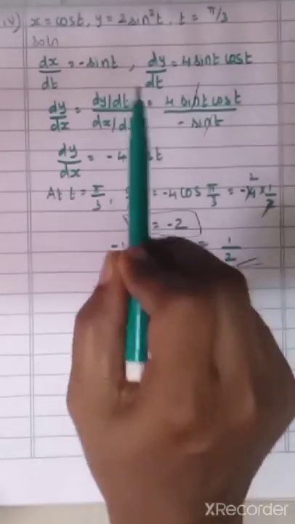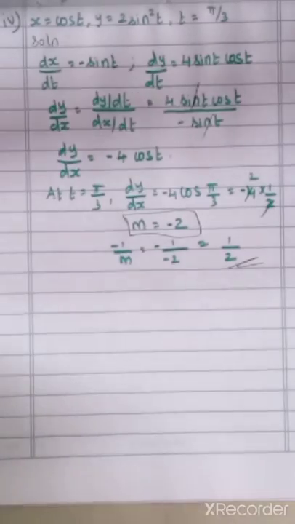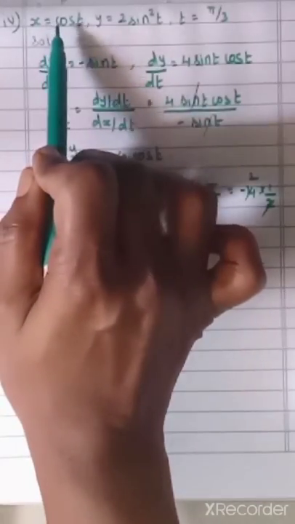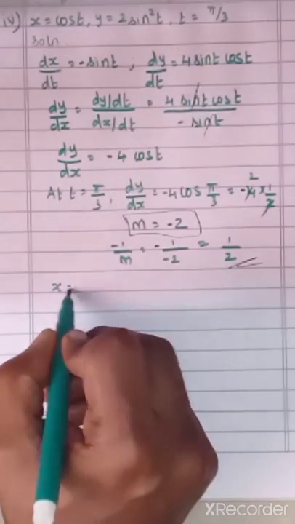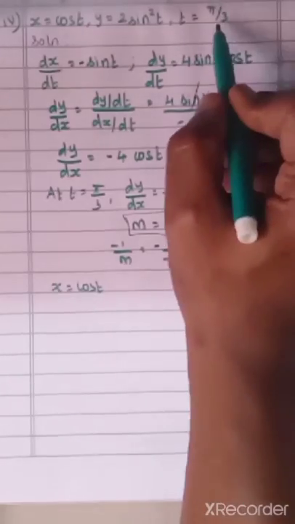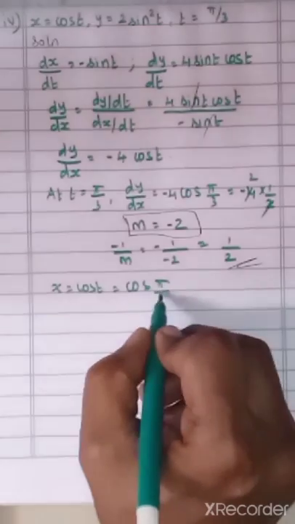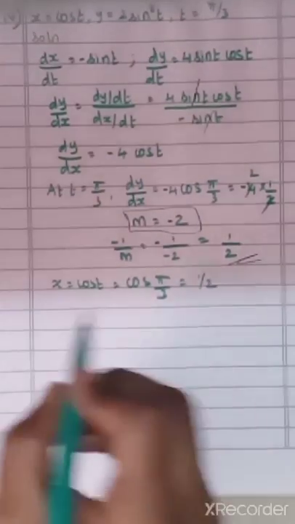Next, to find the equation of tangent and normal, we want points. If you know the points only, then we can use the formula y minus y1 equals m of x minus x1. So y1, x1 values we know, that is the point we have to find, right? Now that point we can find from the given question itself. So what is given? X equals cos t. Instead of t, what can we substitute? Pi by 3. That is cos pi by 3. What is the cos pi by 3 value? 1 by 2. So we got x value as 1 by 2.